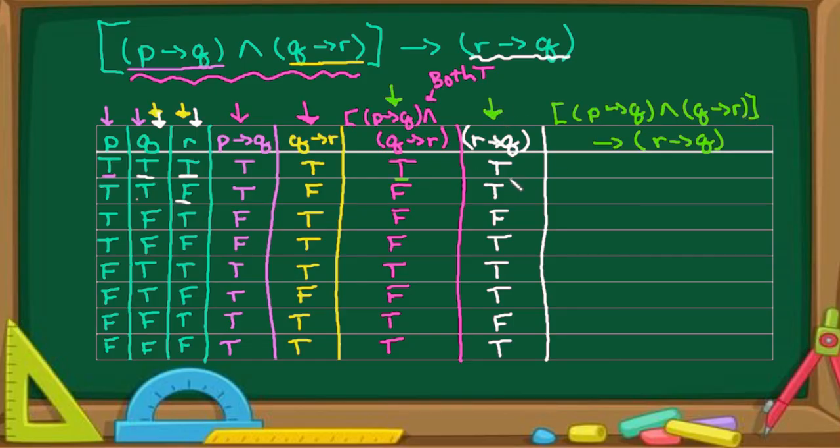You can just look at the columns. So we have true and then true, which is true. False and then true. False and false. False and true. True and true. False and true. And then right here, we have the combination true and then false, which leads to a false